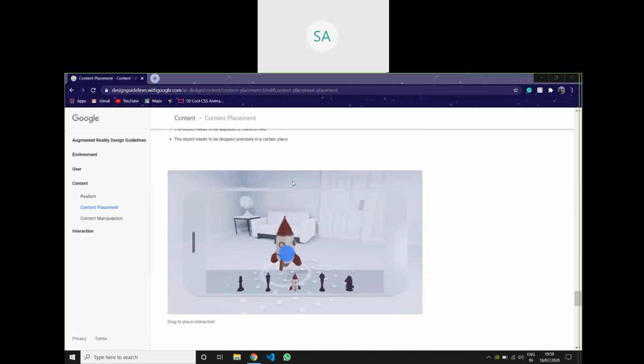And then we need to give the user all kinds of options: tap to place or drag to place or whatever it might be. We need to make sure there is this interaction going on. It detects the plane and then it's being placed.